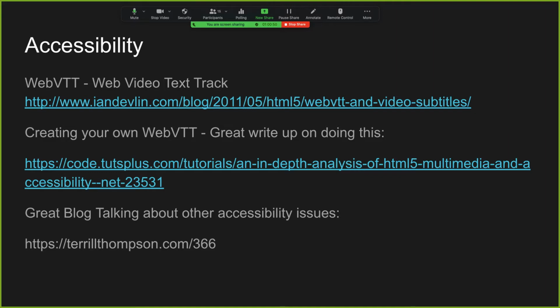And it's a very easy, straightforward standard. It's basically you specifying a timestamp and then underneath it some text. So it'll be a timestamp range. Underneath it will be the text you type. And then underneath that would be another timestamp range and more text that you type. It's actually very easy